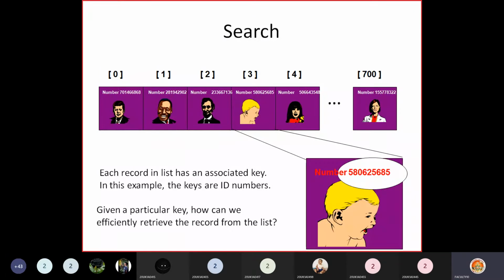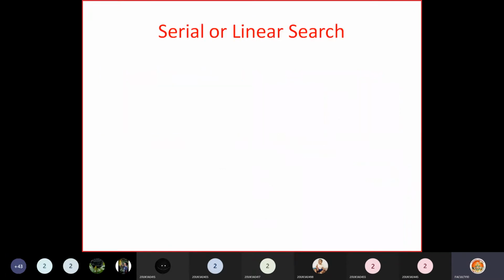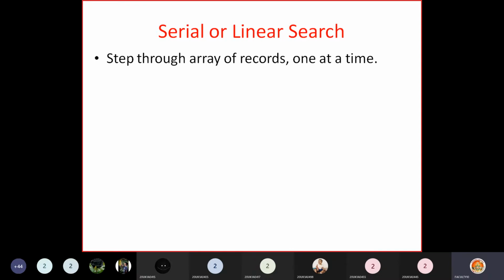We discussed serial search or linear search for the same problem in yesterday's video. In serial search, we step through the array of records one at a time.